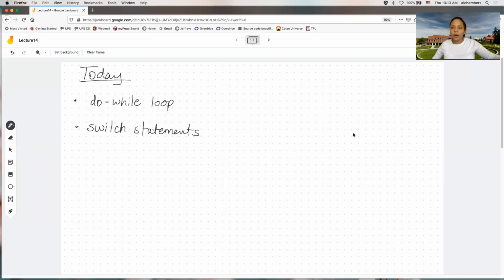Okay, today we're going to be talking about two new structures, the do while loop and a switch statement. Then we're going to be putting them together to create a menu option for our bookcase class. So we wrote a book class, then we wrote a bookcase class that kind of lives on top of that. And then finally, we're going to be writing a controller class that uses a do while loop and a switch